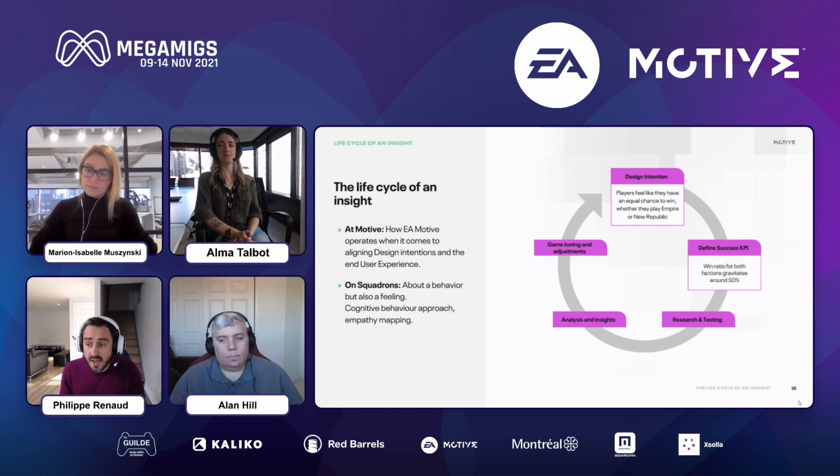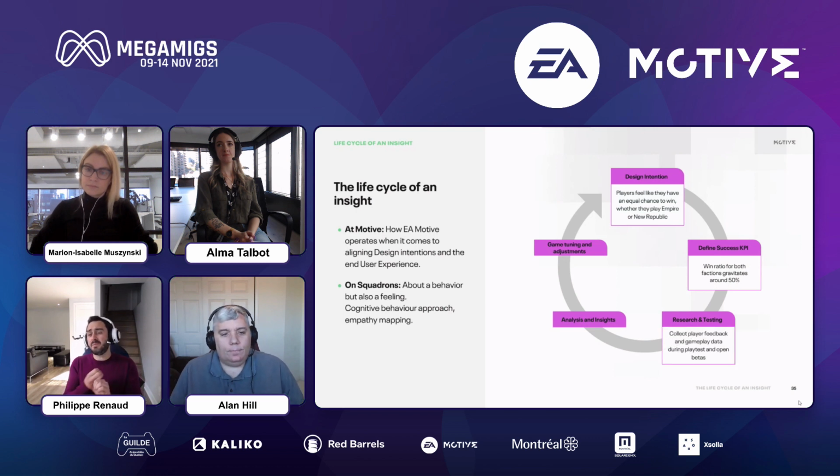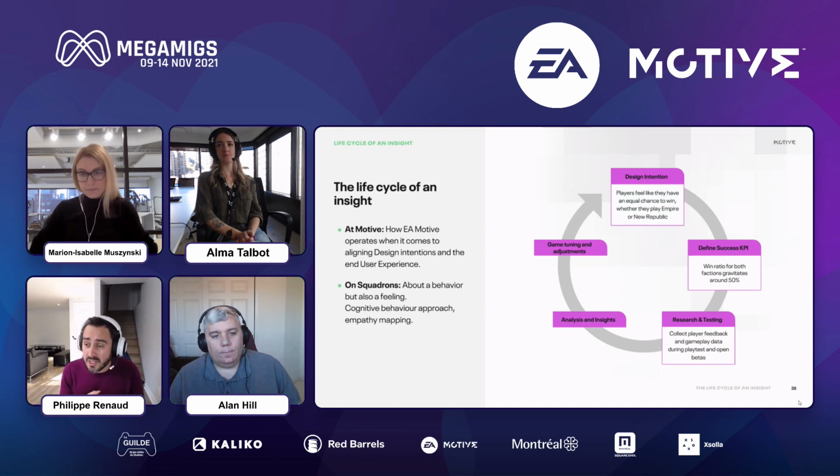What kind of KPI comes out of that? Well, first of all, we want to avoid trends in consensus or in players' feedback in terms of balancing. But one very key measurable KPI is the win-loss ratio, which we wanted to be around 50% as much as possible. We invited players over to our studio to play the game, groups of 20. We executed on internal, external beta. Alan explained to us that there were also variables that we were tracking at launch to make sure that the game was balanced. And while we were doing it, we would always take a step back, collect player feedback.